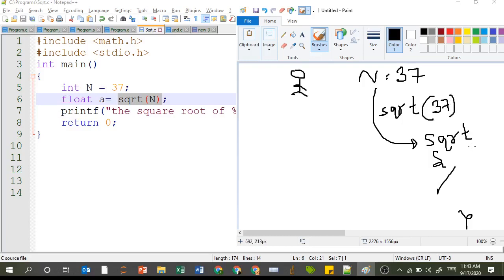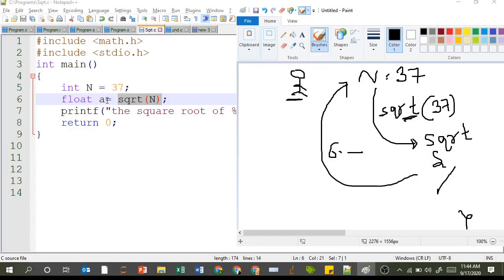Okay, which is written somewhere. You don't have to worry about it. Okay, so as a programmer, I remember just the name. And what this functionality will return, it will give you the answer of the square root of this entire thing. So let's say the square root is 6 point some value. So this value is being returned by your square root function.